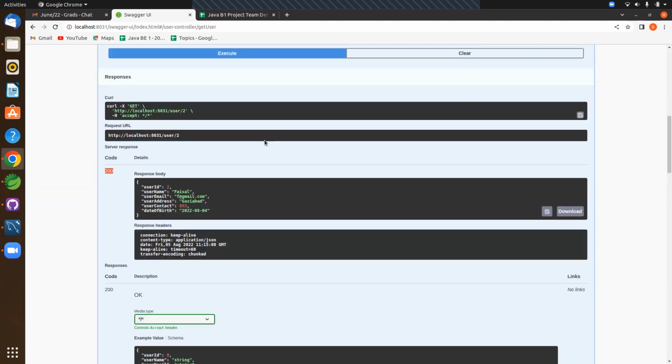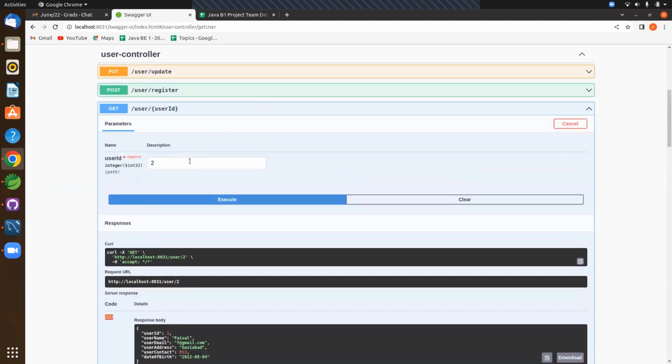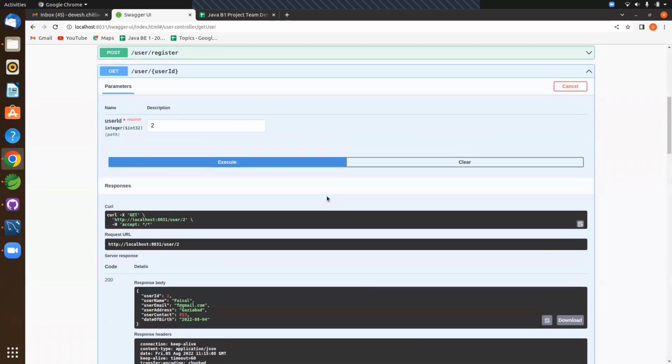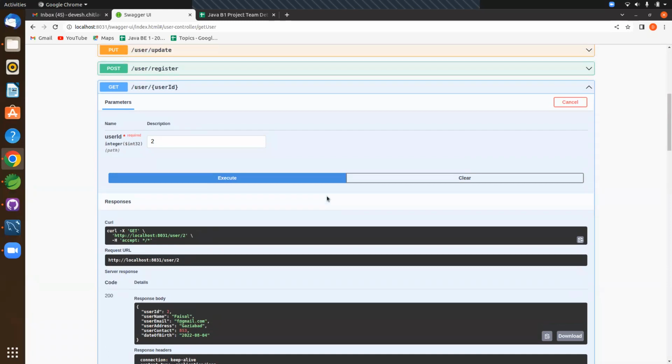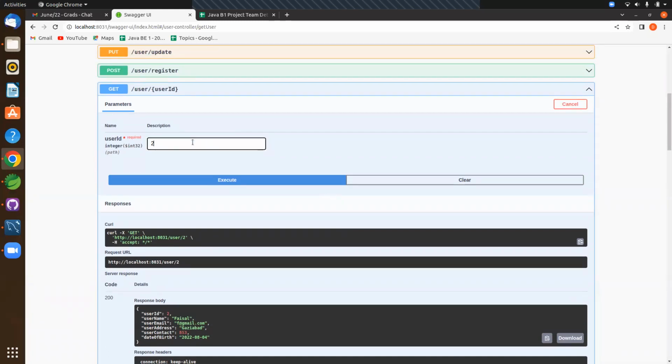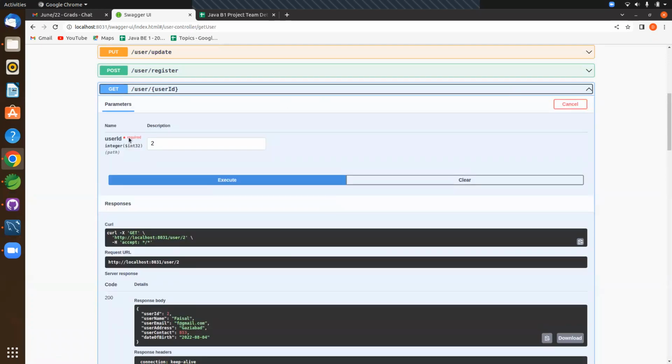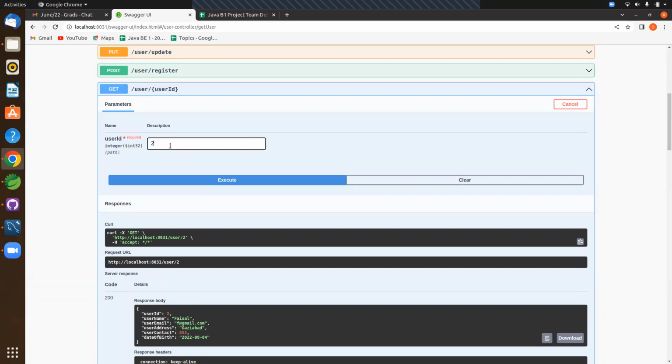Thank you. So yeah, we have given the ID 2, and we are getting the response from here. So how are you sending this? I'm sending this by the GET method. Okay. Is it going through the body or through the URL? It is going through the URL. Yeah, the body is different, the URL is different. Yes, it is going through the URL now.